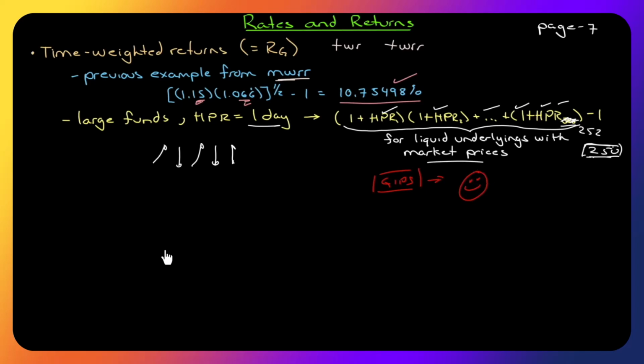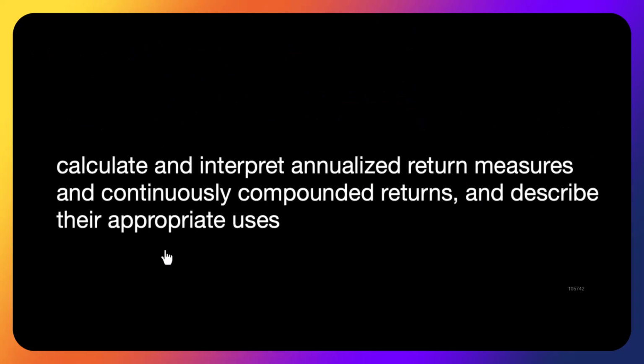So this finishes that learning objective. I suggest you pause the video at this point and work through some of the examples in the reading so that you can reinforce the concepts that we just went through. Next, learning objective. Let's pay attention to our keywords here. We have a calculate and an interpret. So that means if you see formulas here, you should be aware of them. Calculate and interpret annualized return measures and continue